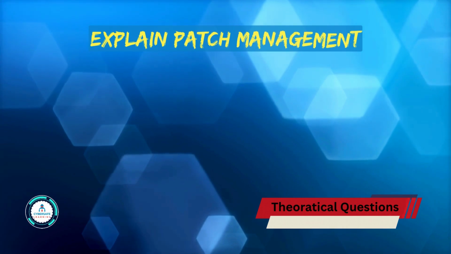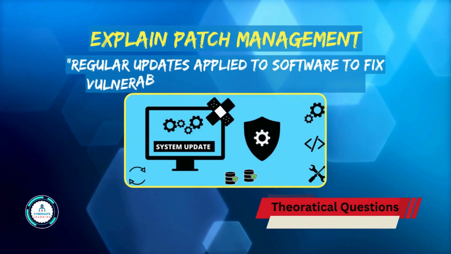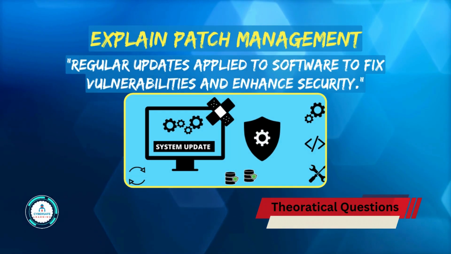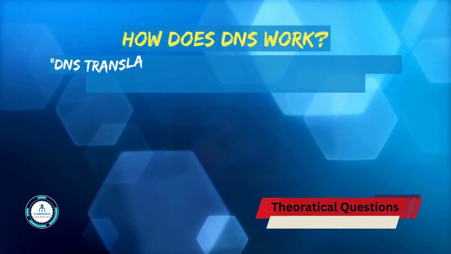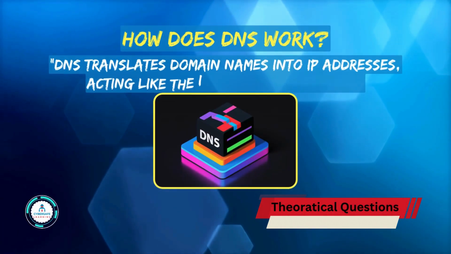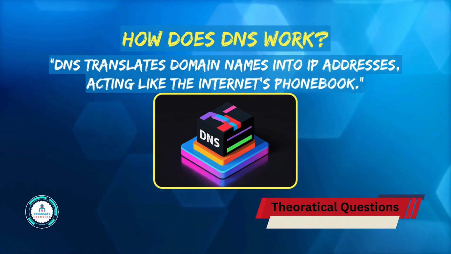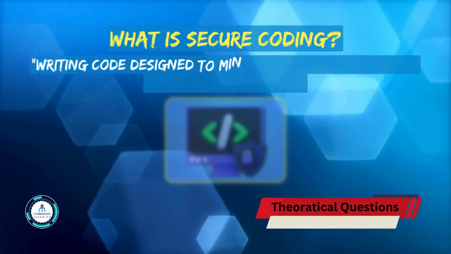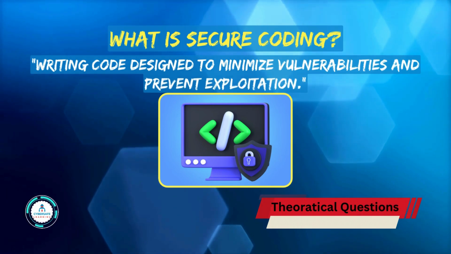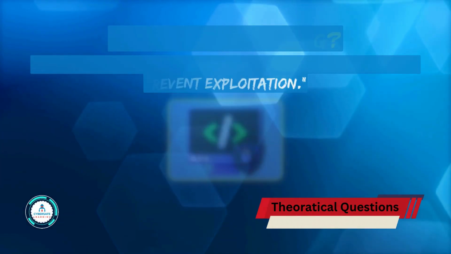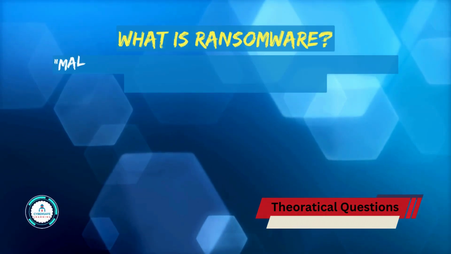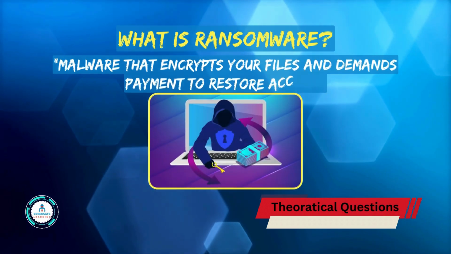Explain patch management. Regular updates applied to software to fix vulnerabilities and enhance security. How does DNS work? DNS translates domain names into IP addresses, acting like the Internet's phonebook. What is secure coding? Writing code designed to minimize vulnerabilities and prevent exploitation. What is ransomware? Malware that encrypts your files and demands payment to